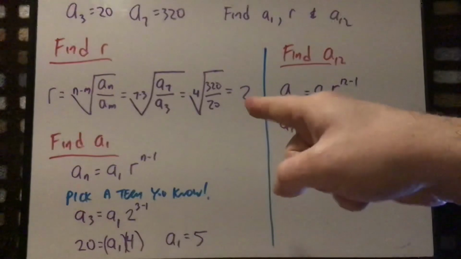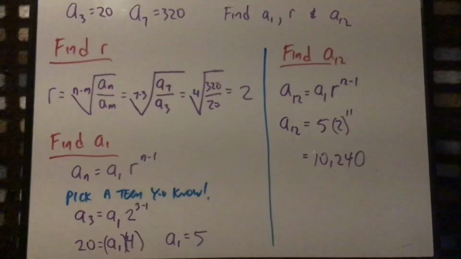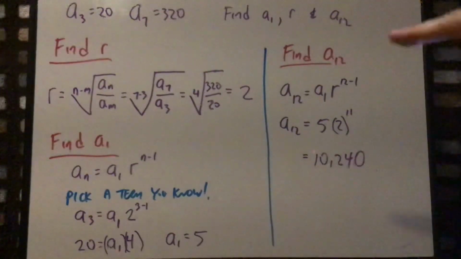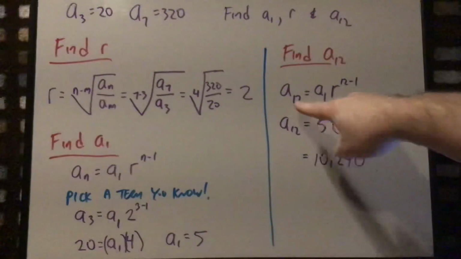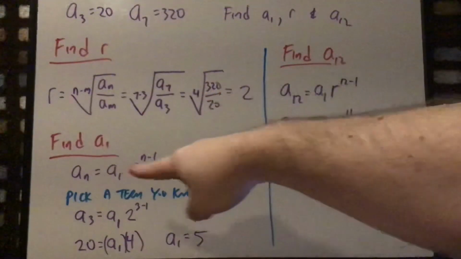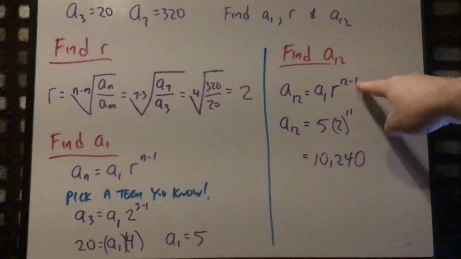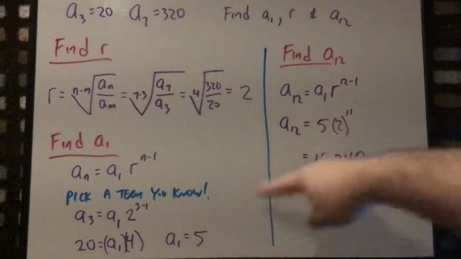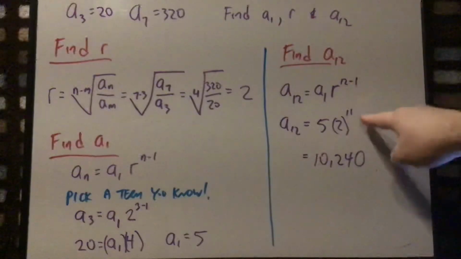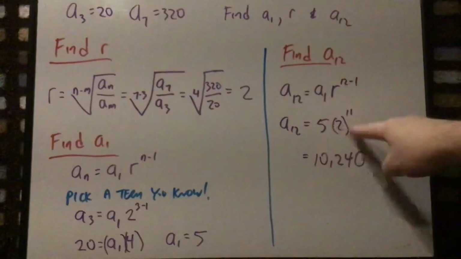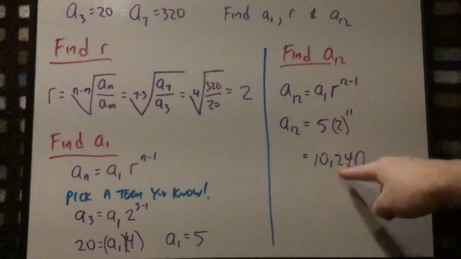So now I have the common ratio and the first term. With the common ratio and the first term, I can now go and answer their question, because that's what I needed. What is a sub 12? Well, a sub 12 is, according to this formula right here, the first term times the common ratio to the 12 minus 1. Well, I now know the first term, it's 5. I knew the common ratio from before, it was 2, and 12 minus 1 is 11. So what's 5 times 2 to the 11th power? Well, 2 to the 11th power is pretty big, times 5 makes it even larger. It comes out